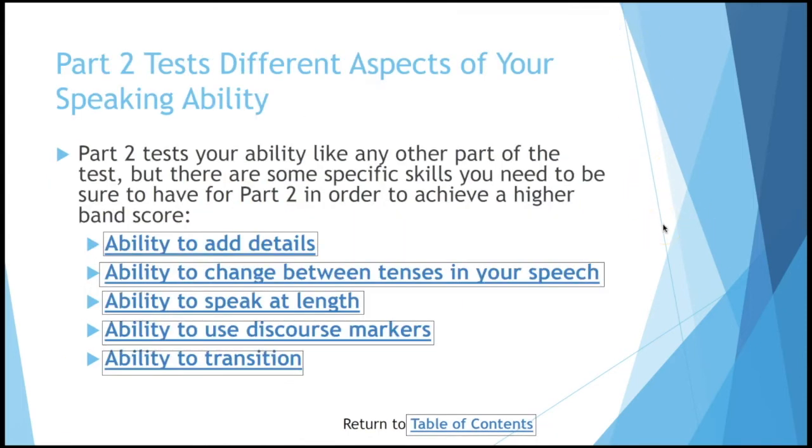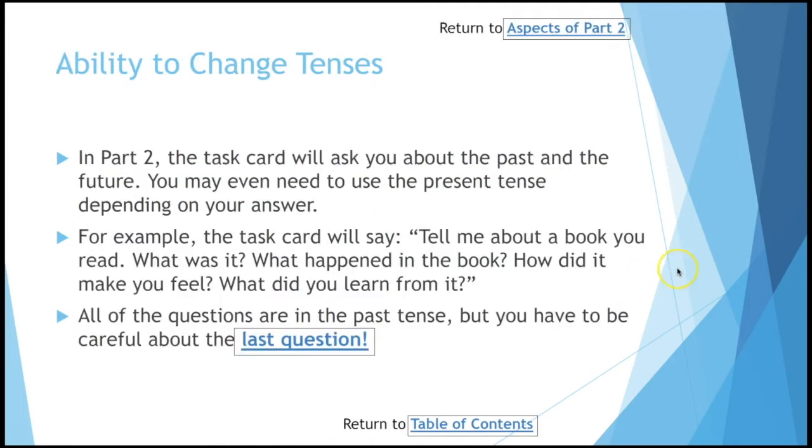So that's one skill you need to achieve a high band score on part 2. Let's look at the second one, ability to change between tenses in your speech. So in part 2, the task card will ask you about the past and the future. You may even need to use the present tense depending on how you answer the